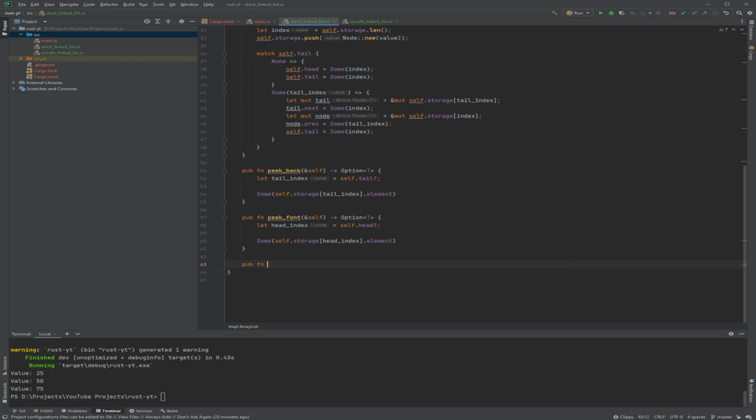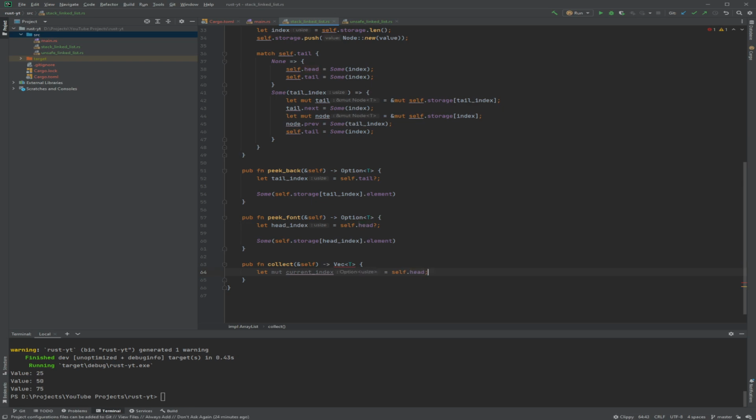So if I do an iteration, and this time I want to do a collect, because Rust loves this collect thing where it turns one data structure into another. So we'll turn this into a vec. And I don't want to implement traits, so yeah. You get the current index, and that's the storage index.